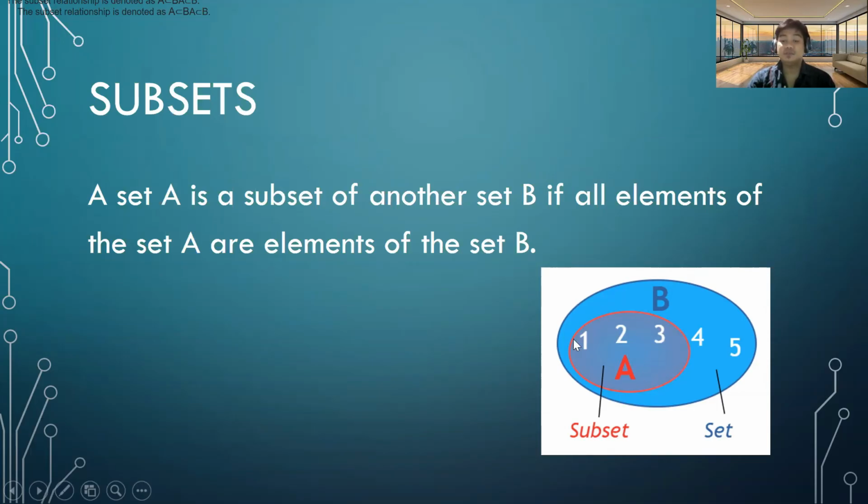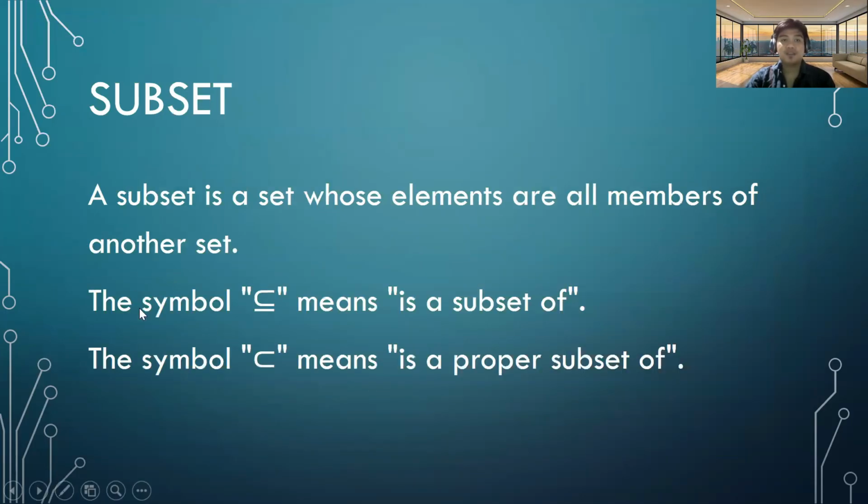So basically, that smaller set, that small chunk or small part of set B, is a subset of that particular set. So our set A is a subset of set B. Basically, all elements of the subset must be in the set that we are referring to. So for example,